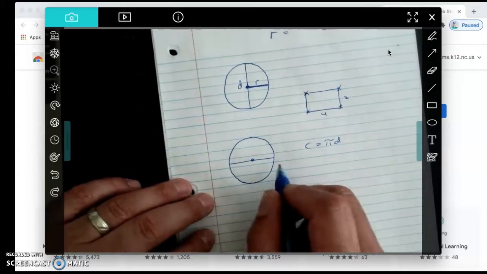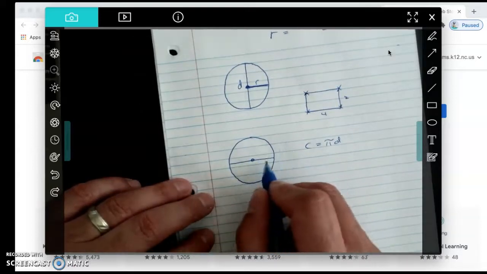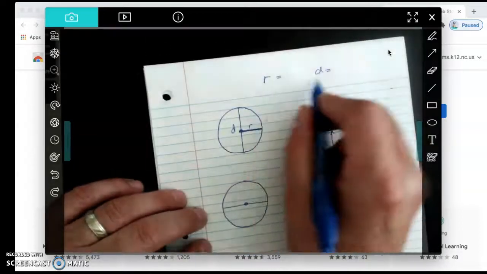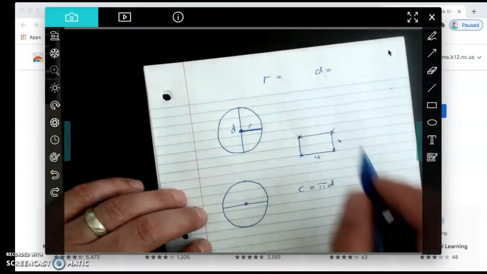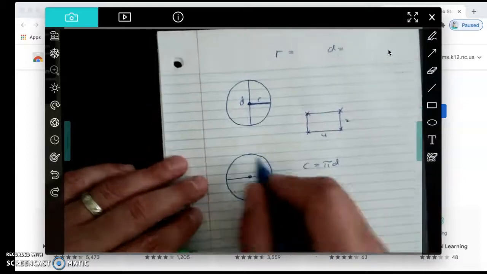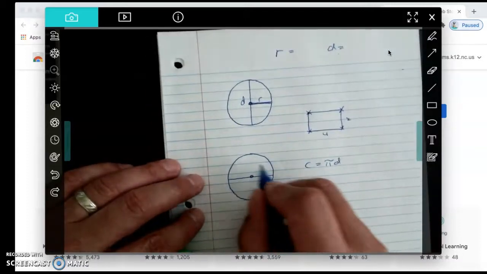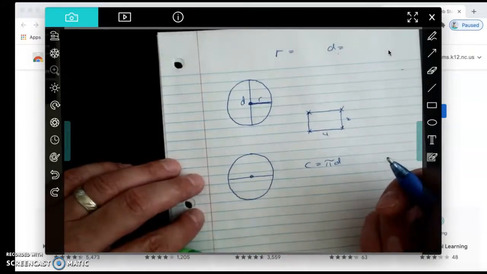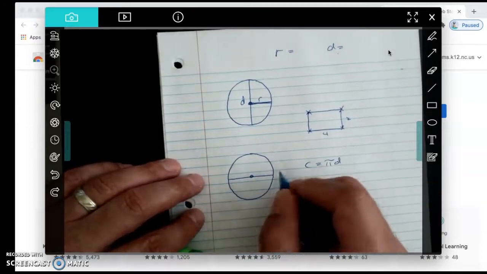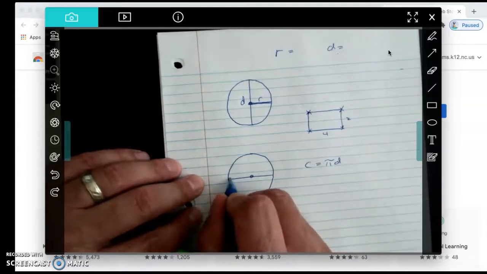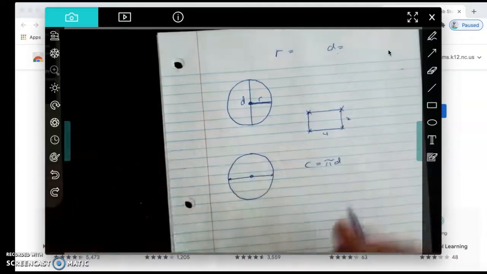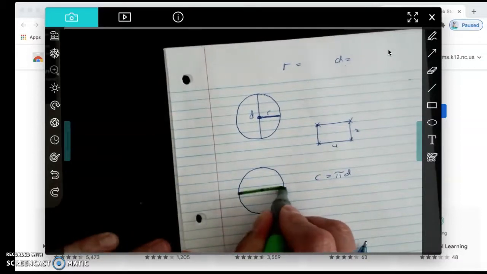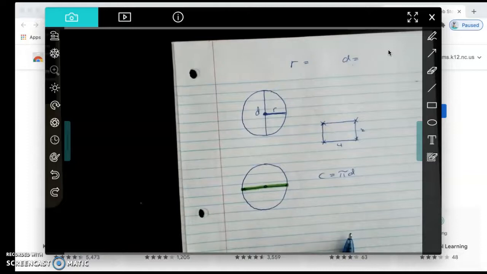There's only one thing I can actually measure on every circle, and that's these two dimensions. I can measure the radius and I can measure the diameter. So they were trying to figure out how to measure the distance around a circular object without getting a ruler out, or just eyeballing it. Is there a dimension we can use inside of it? They found that if they take the diameter of a circle, the distance from here to here, all the way across the center point,